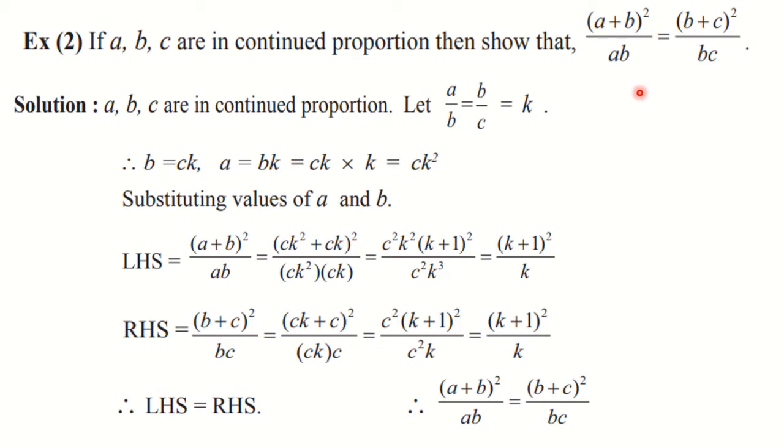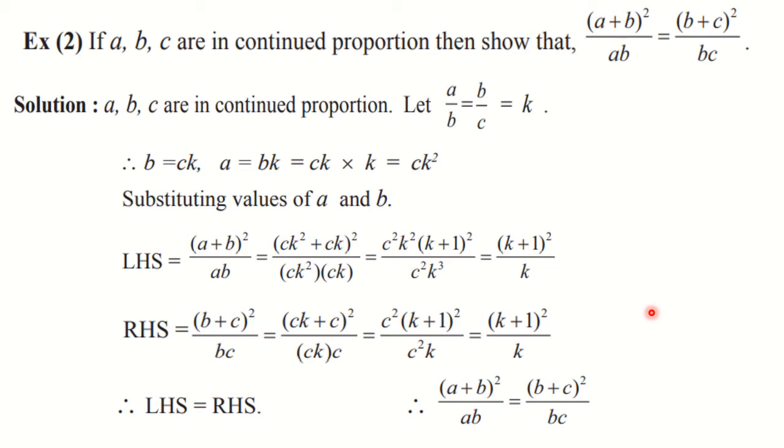What we observe often is many students they start with this step only. Both the sides they go on substituting. They do everything correct, but the way is wrong. As I have said, this you need to show. So in the beginning, if you are taking this as it is, you are considering it as equal only. But that is our final step. This we want to prove. So you have to evaluate LHS and RHS separately and then you have to justify your answer. Since LHS is equal to RHS, we have proved the thing which is given in the question. Okay. I hope you must have understood this.